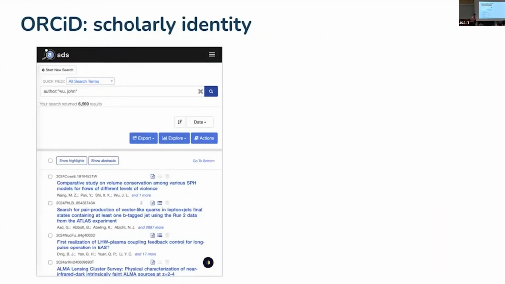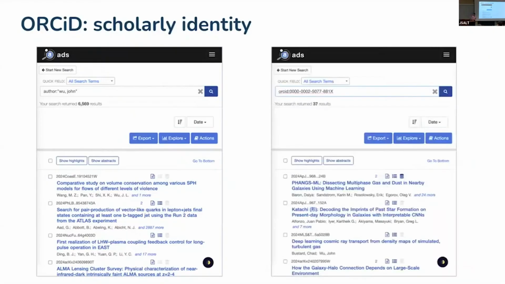Okay, but here's one thing. My name is John Wu, sometimes abbreviated in publications as J Wu. You might guess that there are a lot of J Wus in the different sciences, and maybe some of you have this problem too. If you search the author list for John Wu or Wu, comma John, you have 6,000 plus results here. And if I did J Wu, I think it's like 50,000 results, just within ADS alone. But there is something a lot of astronomers use called ORCID,